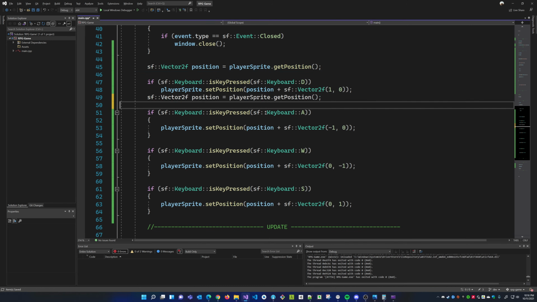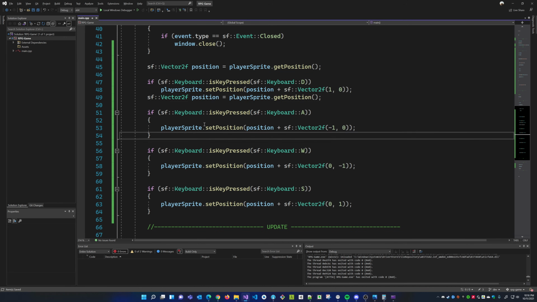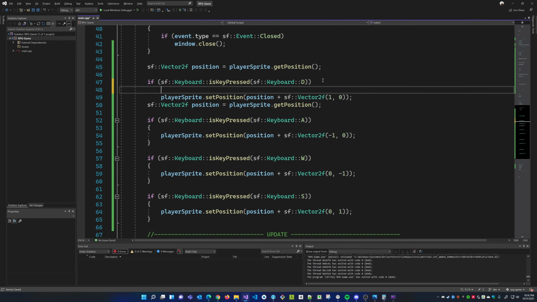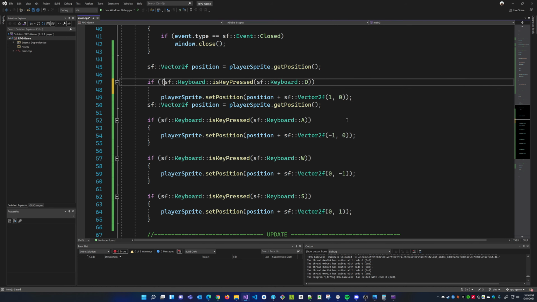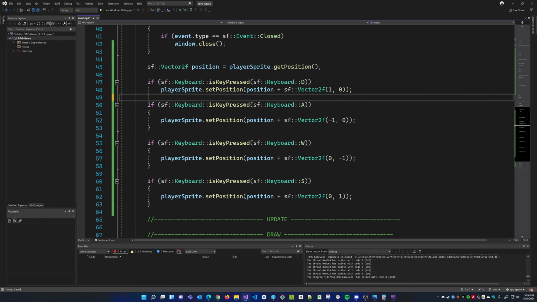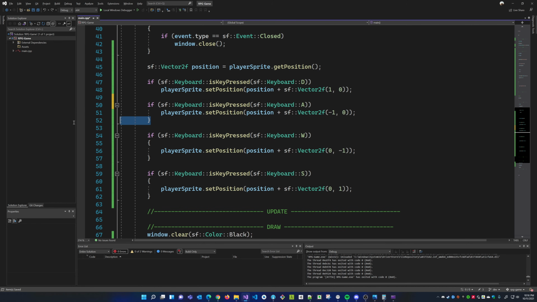If there are 2 lines like that, the if statement is only going to take effect on this line and not this line. If you want the if statement to take effect for more than 1 line, you have to put the curly braces like this. Like so. Cool. But since there's a single line of code, I can get away with doing this, which is a little bit nicer, a little bit cleaner, in my personal opinion.